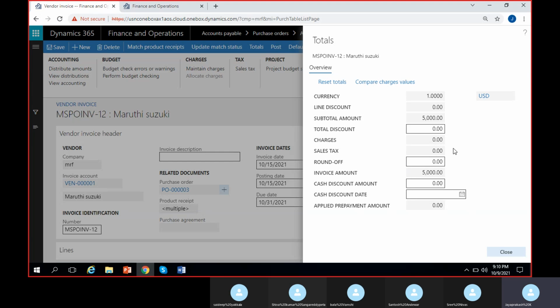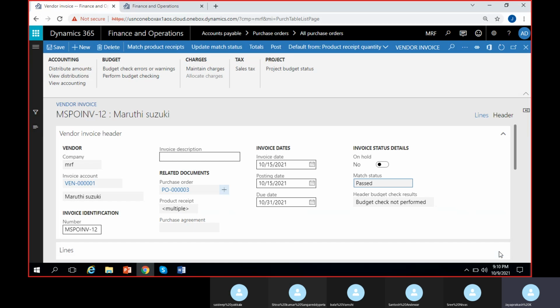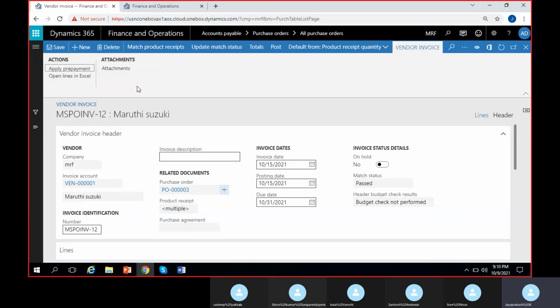You can see these details here. Then you can close this. There are some other details at the vendor invoice level where I can apply prepayment. This is one of the next topics we will discuss, application of prepayment invoices. Other than that, we have the process where we can print it, and we have review, where in case